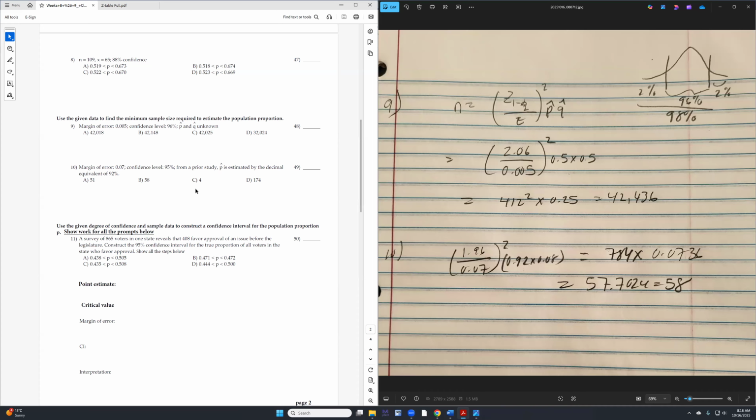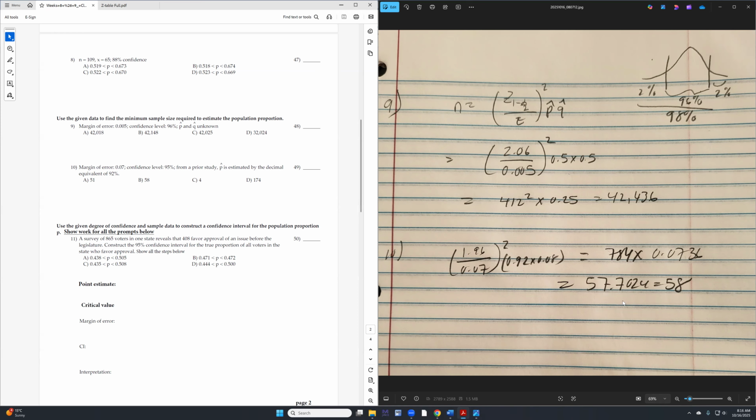All right, the next one: the proportion P was specified, so that was good. It was specified as 92%, so 100 minus 92% is 8%. Now this was easier. Margin of error 0.07, 95% confidence interval. The Z value associated with that is 1.96. If you don't know that, you should memorize it. So we have 1.96 divided by 0.07. We square that and multiply it by P times 1 minus P, 0.92 times 0.08, and I get